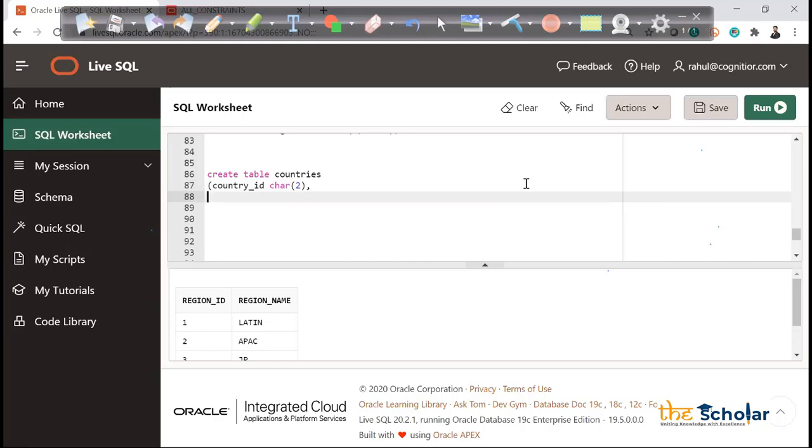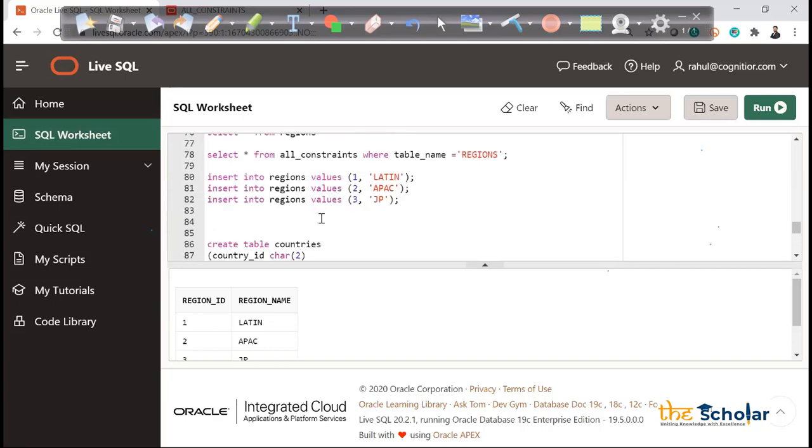Now one more thing before I create this table, let me try to insert one record with null, and let's make this as UK, and I'll write here region underscore name, right?